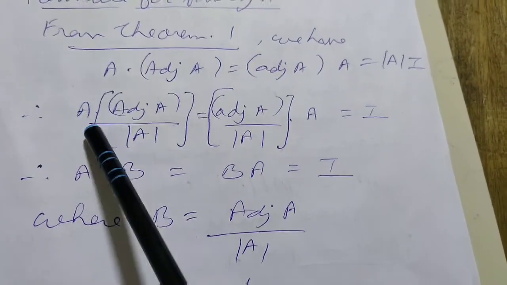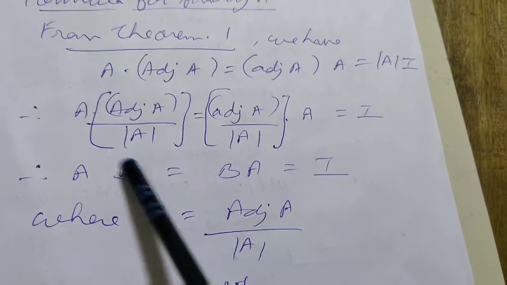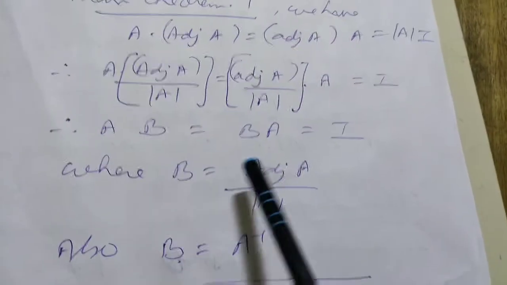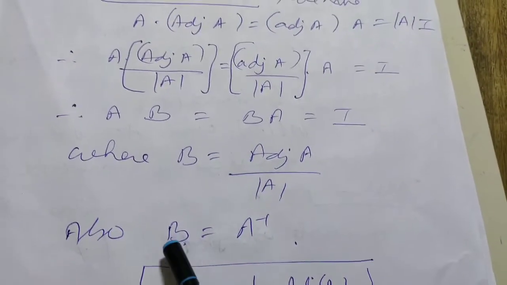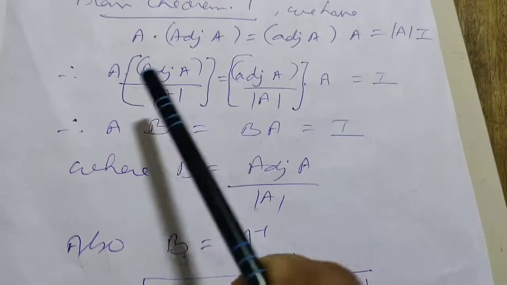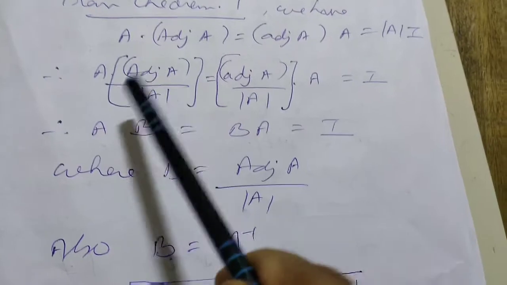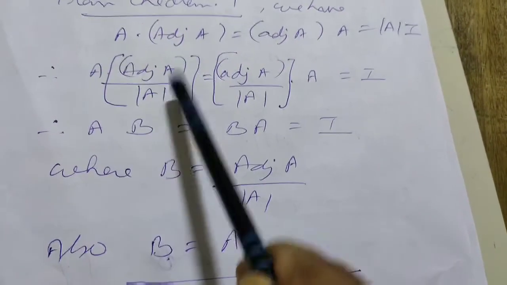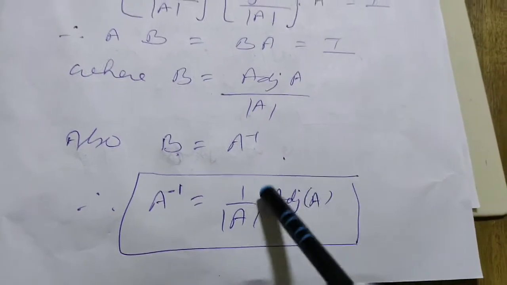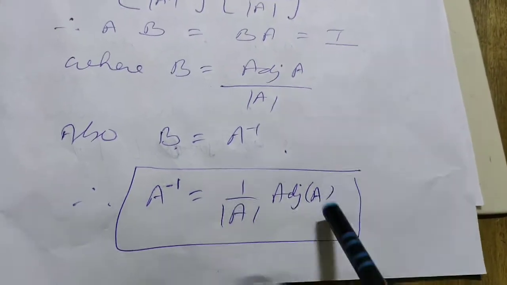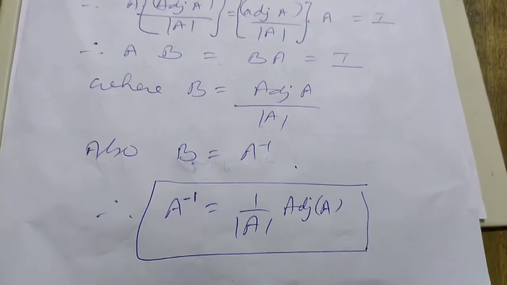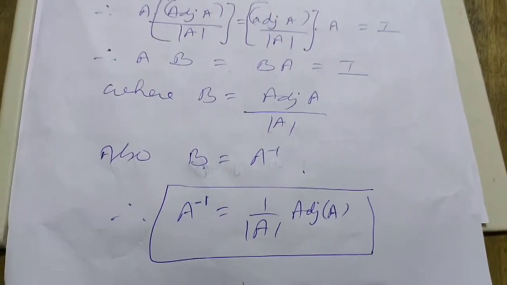That means the inverse of A is this matrix B and the inverse of this matrix is this one. So we have taken B as adjoint of A over determinant of A. Therefore B equal to A inverse. Why? Because we are getting A into B equal to B into A equal to I. So A and B are inverse of each other. So the inverse of this matrix A will be adjoint of A over determinant of A. Therefore we can say that A inverse is equal to 1 by determinant of A into adjoint of A. It's a very, very important formula which is to be applied for finding the inverse of a square matrix.